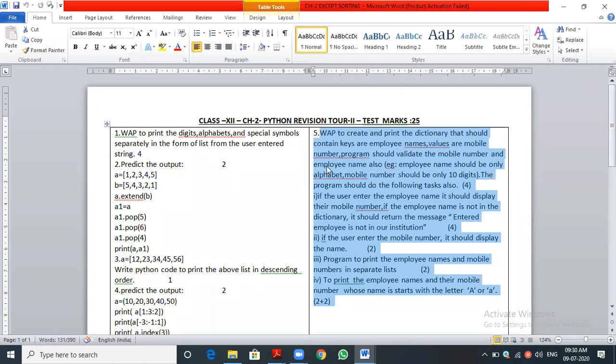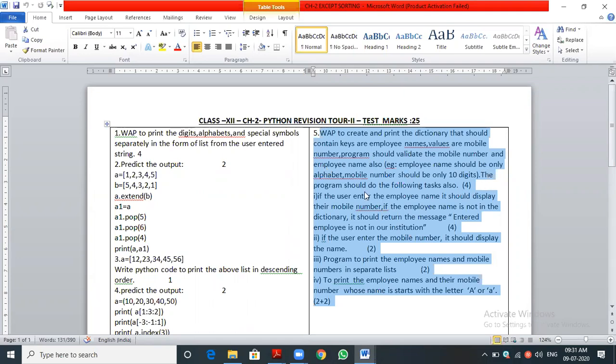The program should validate the mobile number. Validate means you know that we should get the mobile number as an integer, or input as a string data type. Then we need to find the length. Or else we can get it as an integer, int of input of, like this. After we receive it, we convert it using str, to a string. Then the third process, we need to check whether the length is equal to 10. If it is correct, then the mobile number is validated. That's what they have given.